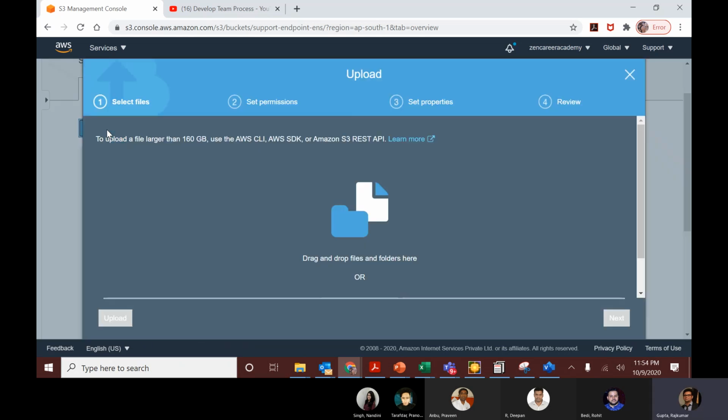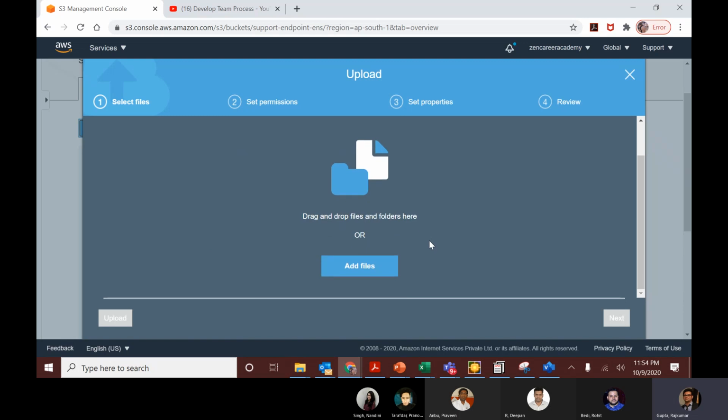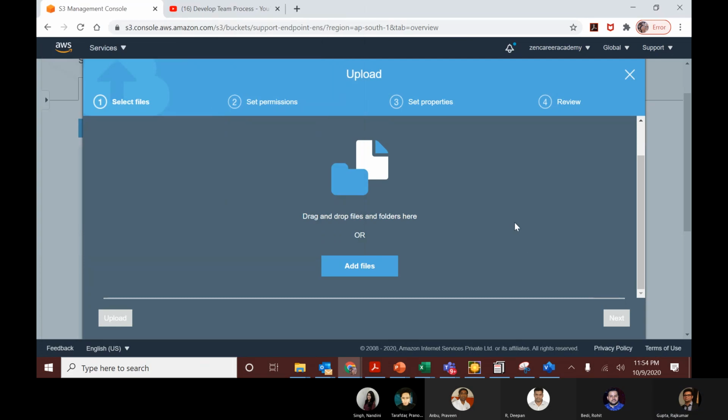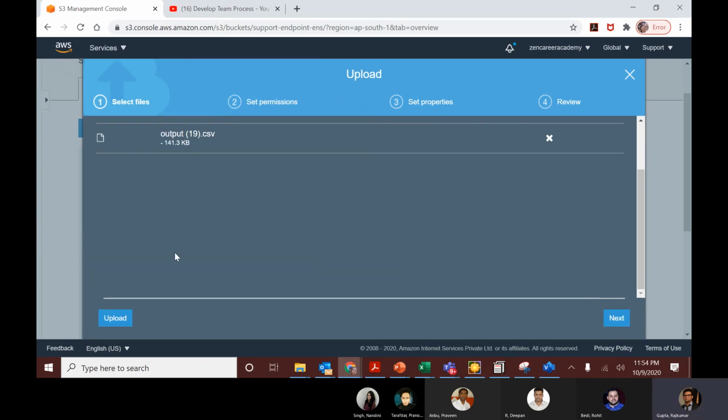So I'm going to pick any random file. You click on file. I circulate your open cases file on a daily basis. I'll probably pick one of those files that we did today. I'm going to pick one of those insight files. The file is uploaded. Either you can directly upload, or if you want to go through some rules and configuration, you can click on next